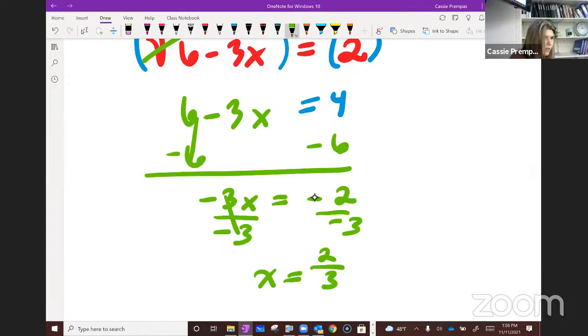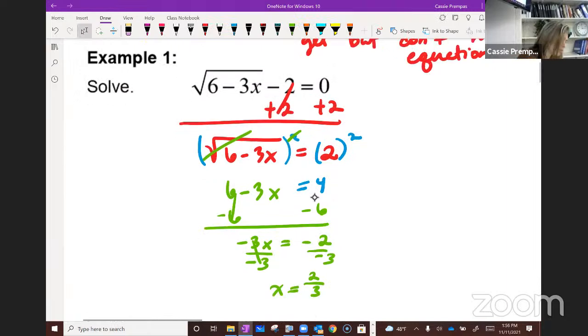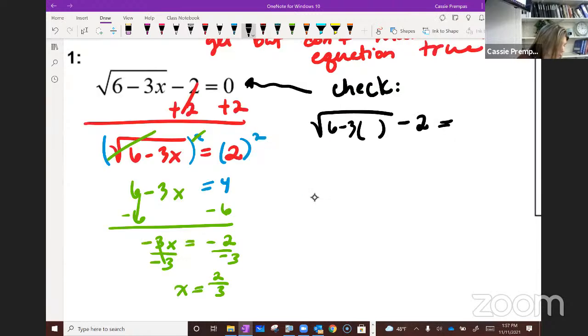But what do I have to do before I box it? Check it. Do we know where to check? The original equation for x. Just don't plug it into anything that's really not in black print, because it's really the original equation that will show you if it works out. So I'm going to check, is the square root of 6 minus 3 times the value of x minus 2, does it really equal 0? So I'll plug 2/3 in. And we could plug this in our calculator. It might be easier to do it by hand,